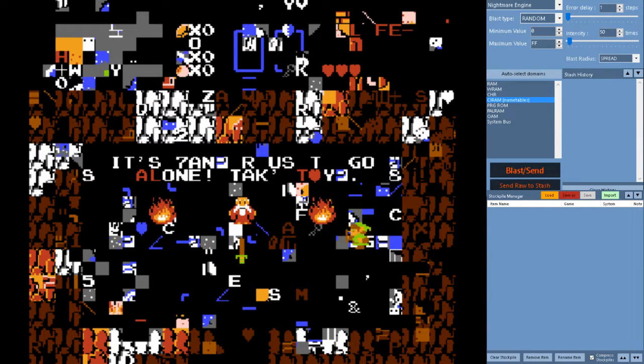And these visual corruptions kind of get in the way of that. They draw on top of the stuff we're looking at, and it can be hard to distinguish exactly what's going on. So if you were to make a corruption, I usually don't suggest either corrupting VRAM or in this case CIRAM, because